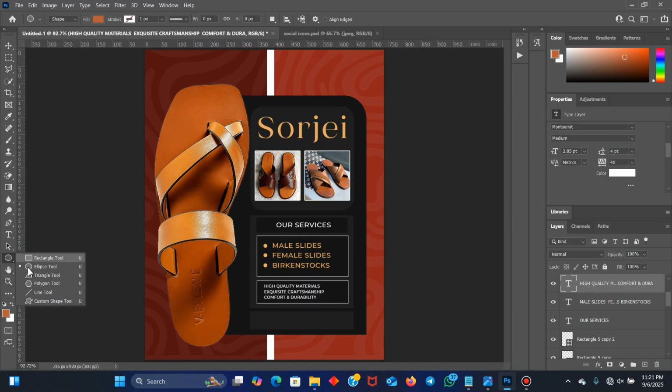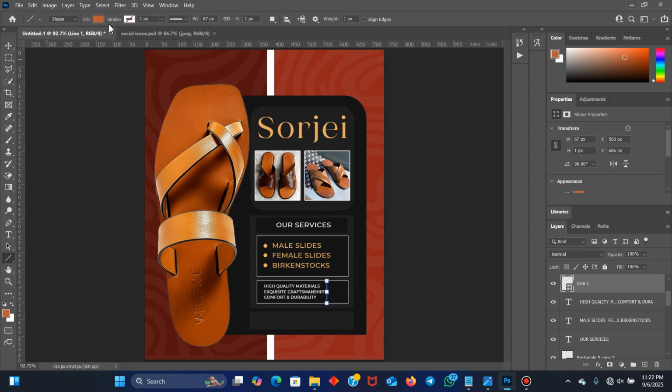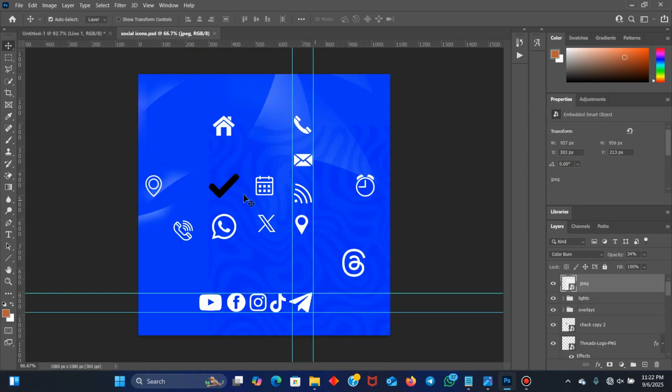And let's pick our line tool from here. Stand here. Shift, bring it down here. And let's set it to white. We're going to have something like this one. Then let's come to the social icons. Pick this arrow key, this the arrow icon we want. So turn off this and